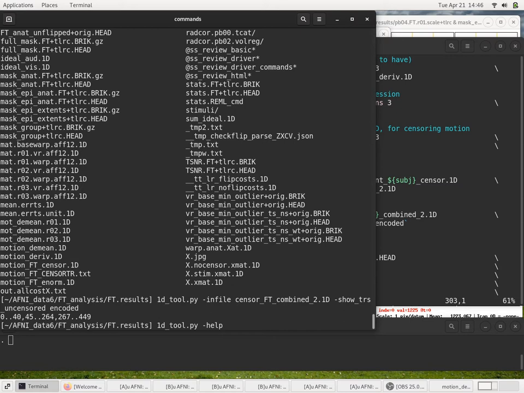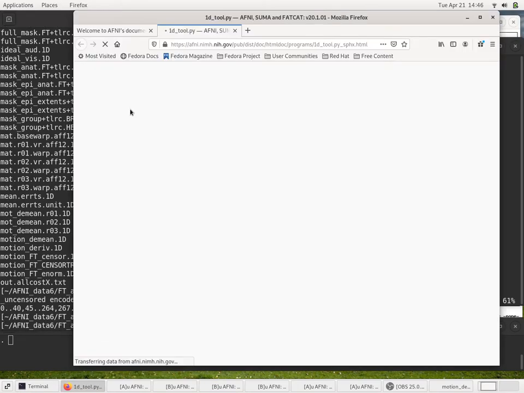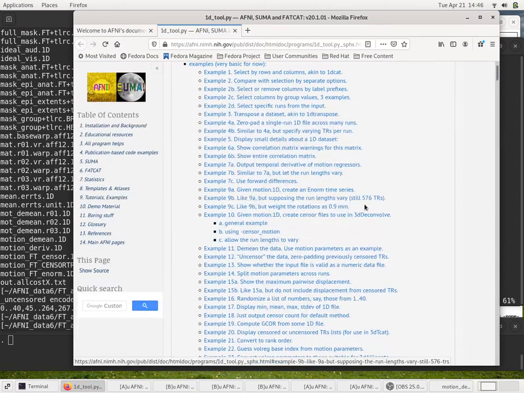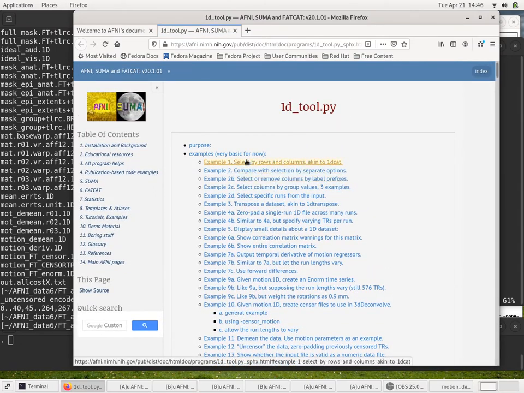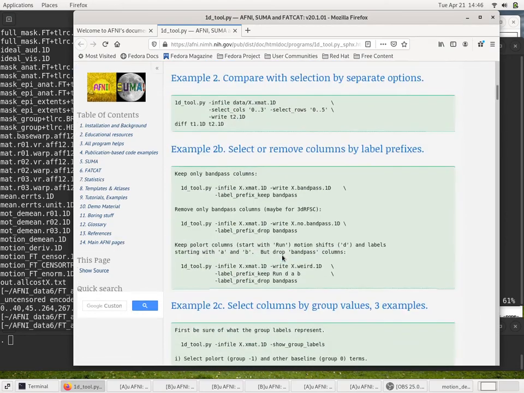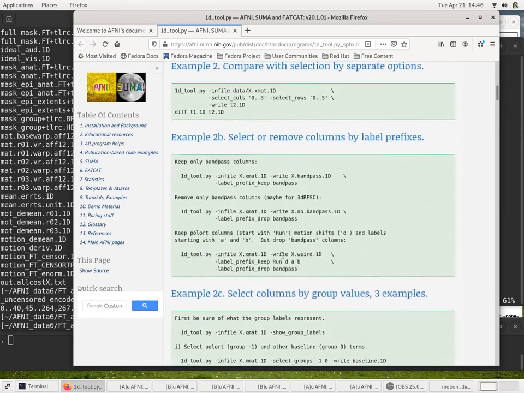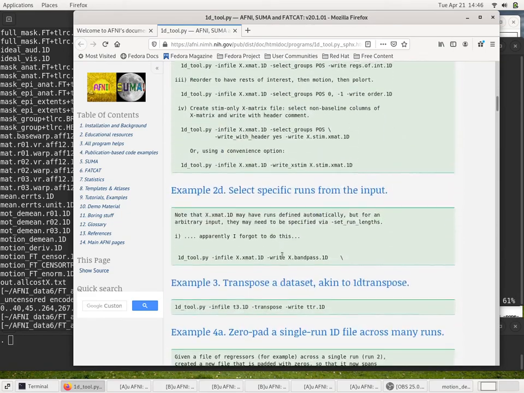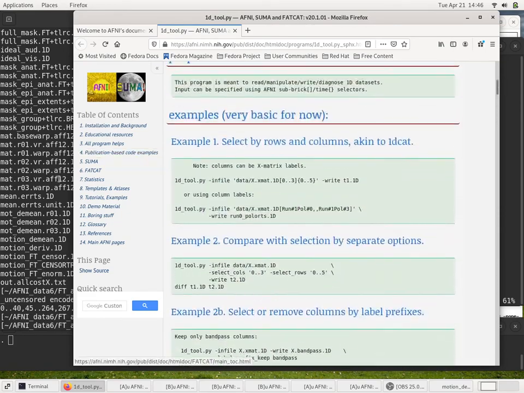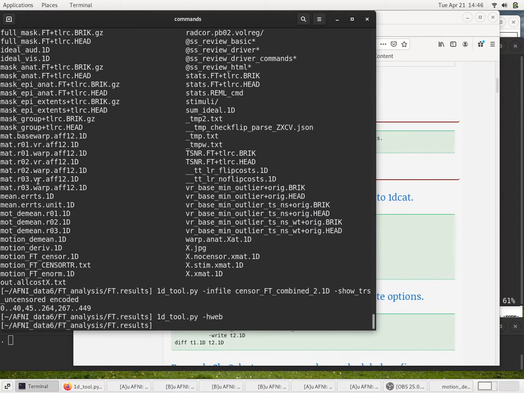You can get help and pipe it through less or whatever, or you can do that -hweb option that the vast majority of AFNI programs can handle, and that'll open up a web page and you can read the specific examples, or you can actually get into the help output and just search for key terms or whatever have you. And of course, that even applies to something like 3dDeconvolve,